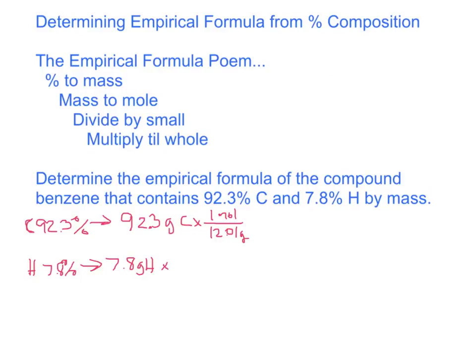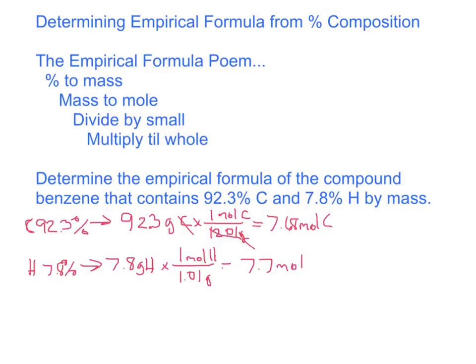We take 7.8 grams and divide that by 1.01, I think it is off the top of my head. It is 1.01, so close to that, grams. And the first one, carbon, equals 7.68. Whoops, so our grams divided out, not the 12.01. So we have 7.68 moles of carbon. The other one is 7.7, keeping to the sig figs, 7.7